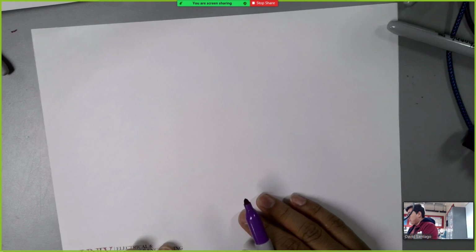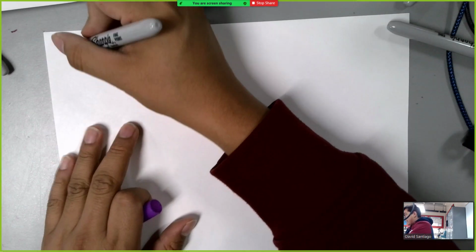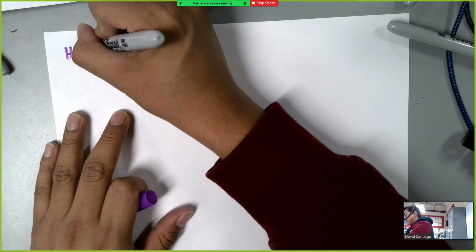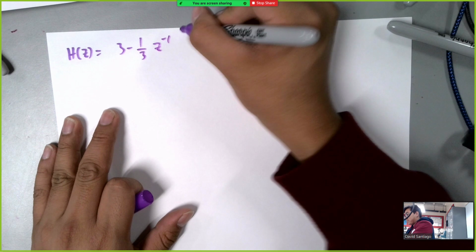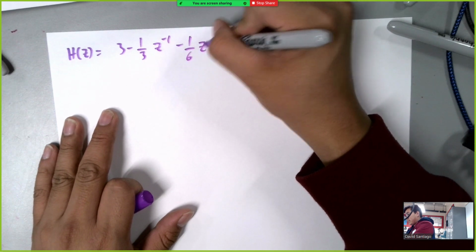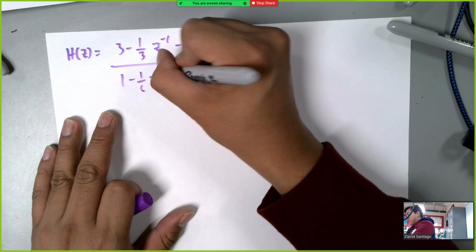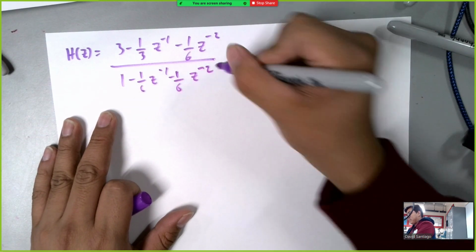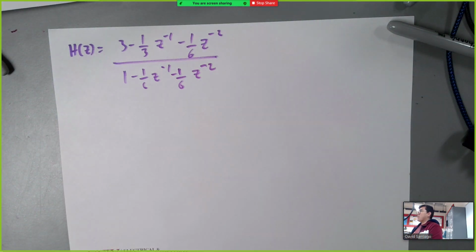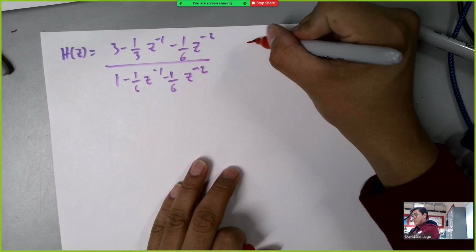So, what we're gonna do is we're just gonna look purely at the impulse response. (3 minus 1/3 z to the minus 1 minus 1/6 z to the minus 2) divided by (1 minus 1/6 z to the minus 1 minus 1/6 z to the minus 2). Okay? So to solve for the impulse response, we want to get this in a form like